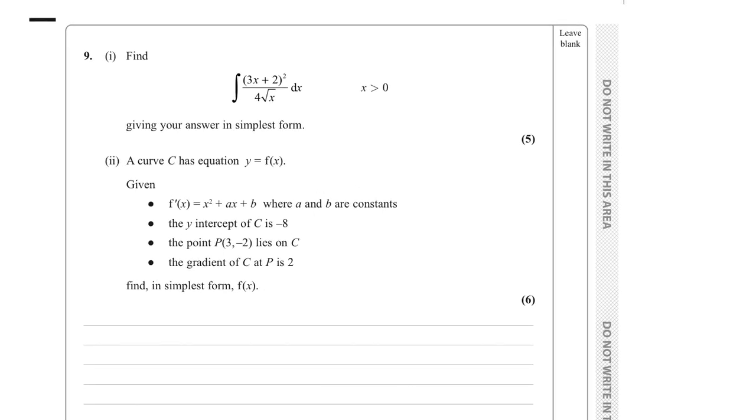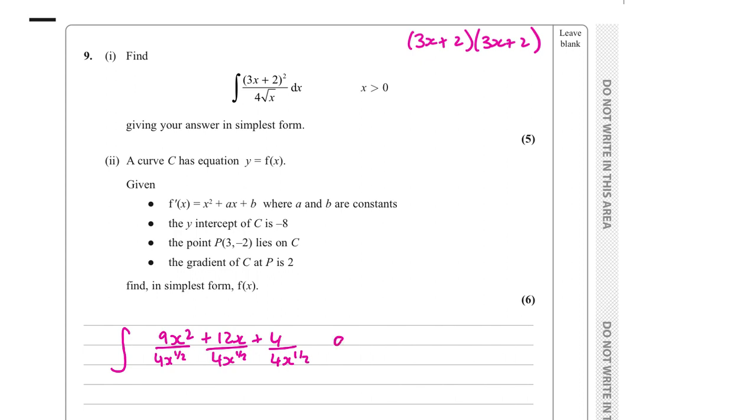So, part I, find the integral, giving your answer in its simplest form. Okay, so for part I, index form first. So we're going to have 3x plus 2 squared, which is going to give me 9x squared plus 12x plus 4, over 4 root x. So that's over 4x to the half, with respect to